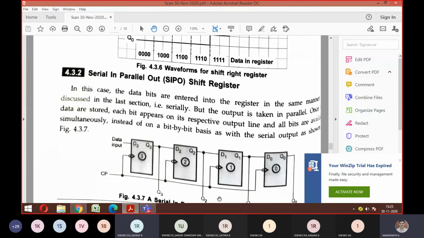So if input is 1001, what is the answer? If we take input as 1001, what is the parallel output? First output, sir. Yeah, first output. 1000. Others, is it fine? Did you get the logic, or is it required to write and show there? The diagram is there, input I am providing, I am taking the output here.